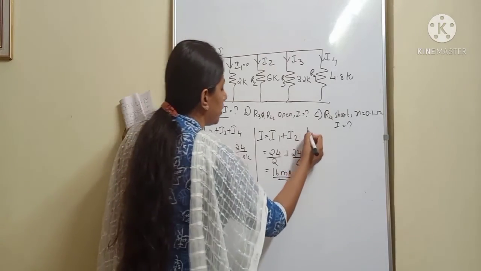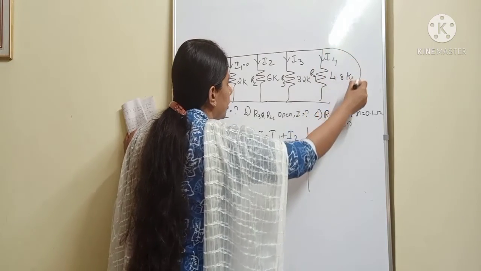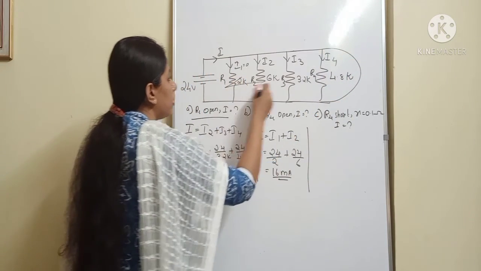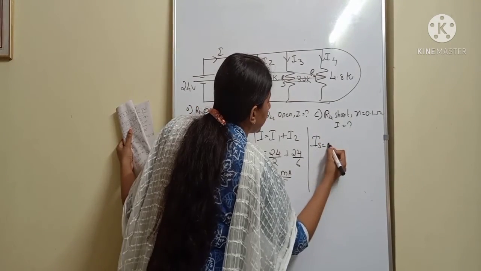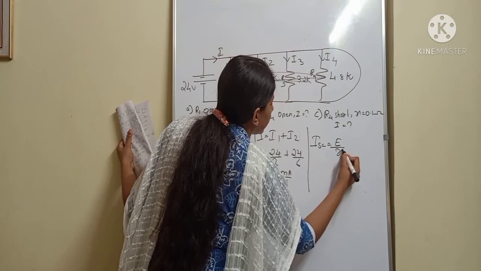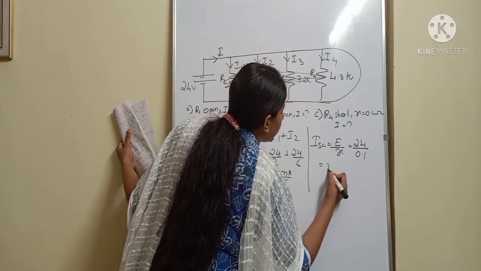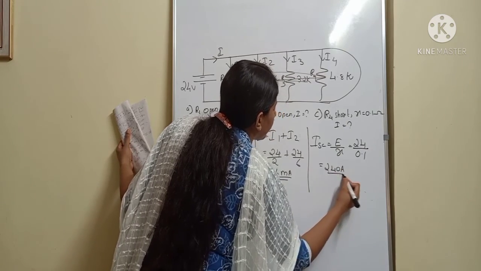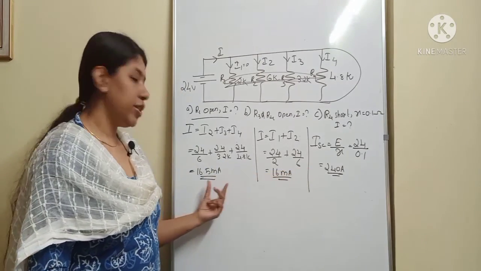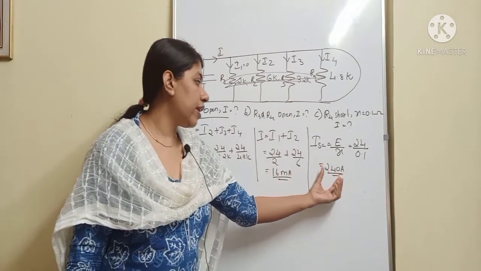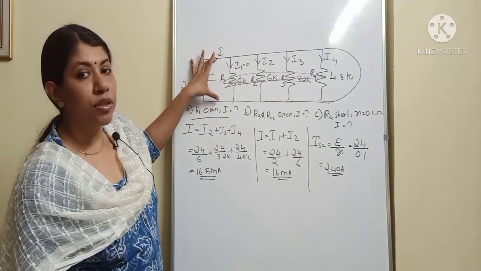Now the third condition is that if you apply a short at R4, if you connect a short circuit like this, then this entire resistance will not have any effect. So the short circuit current ISC will be given by E divided by internal resistance R, that is 24 divided by 0.1, and it will be 240 ampere. Now see the value of this short circuit current, how much bigger it is compared to these two currents. When such a large current flows through the circuit, it will damage the circuit because it is appearing directly across the power supply.